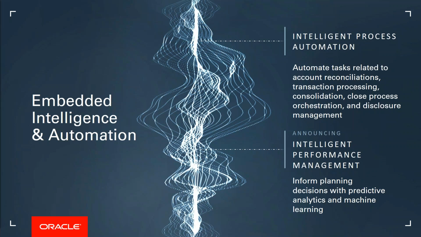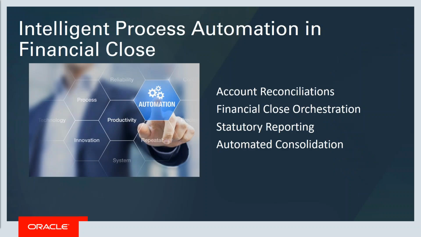And then our intelligent performance management, where we really start to build things directly into our applications to look for root cause analysis and other things. So, we talked a little bit about intelligent process automation. You're going to see what we're doing here. Everything from, as I mentioned, financial close orchestration, automated consolidation, and also what we're doing for auto tagging